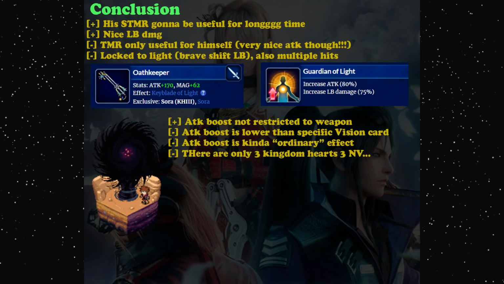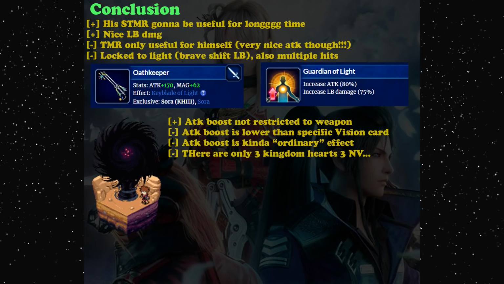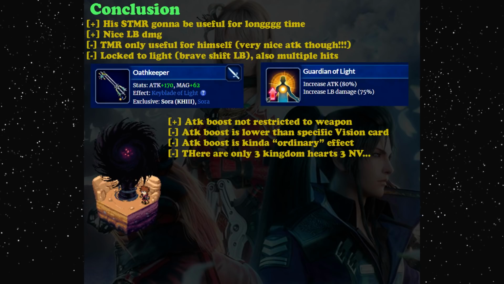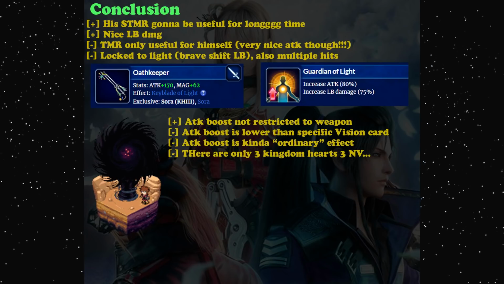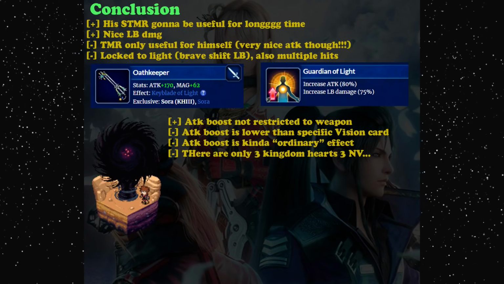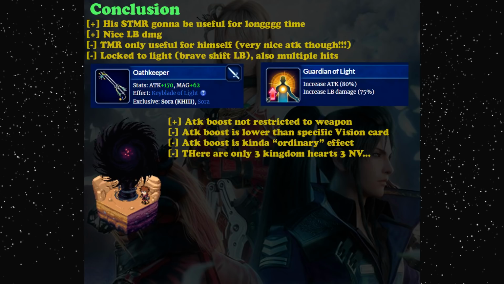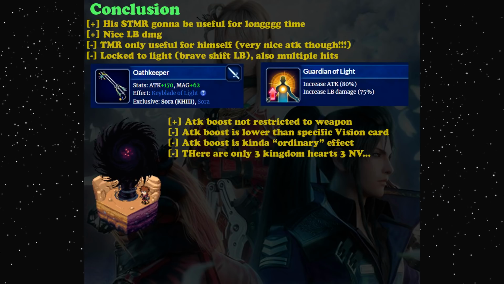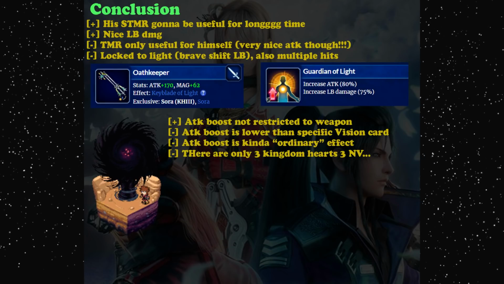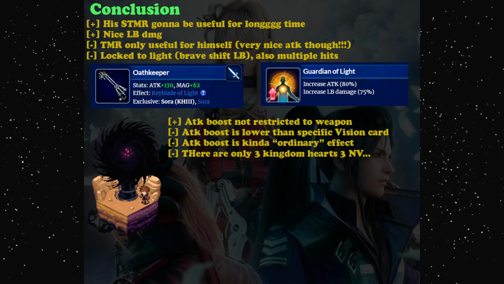But what about the Vision Card? I must say his Vision Card, again, it is not that good. Again, maybe you argue with me, what, this Vision Card is so good. But let me explain it to you. First, the attack boost is kind of low, only 30%. If you remember, like Cloud Remake, his Vision Card gives you 50% attack per ability, okay? So you can get about 100% attack boost when you...